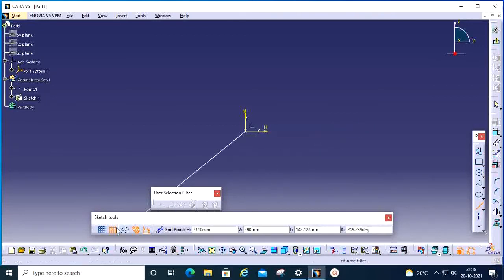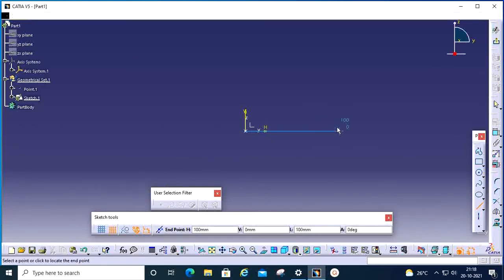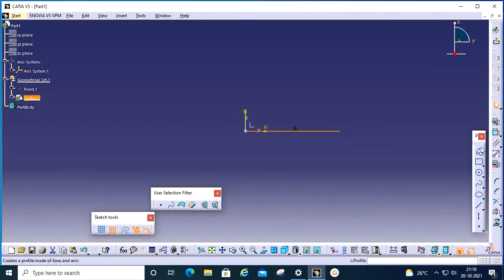If I uncheck this snap to point, here you can find this value, it keeps increasing by 0.1. So it depends on your future. If I click here, for practice purpose, it will be helpful for me. Just now I created one line with 100.